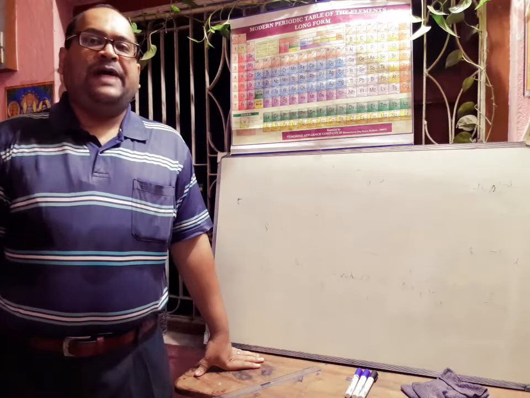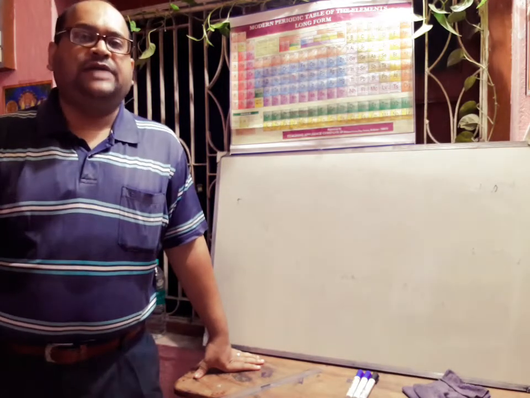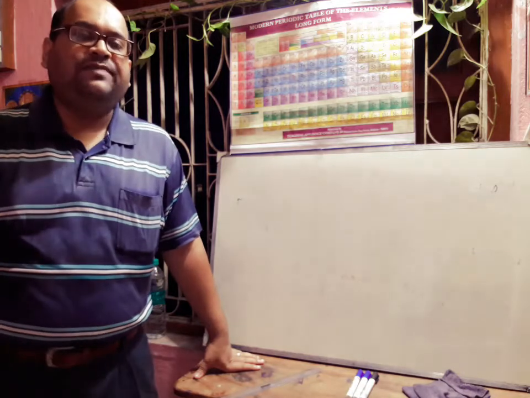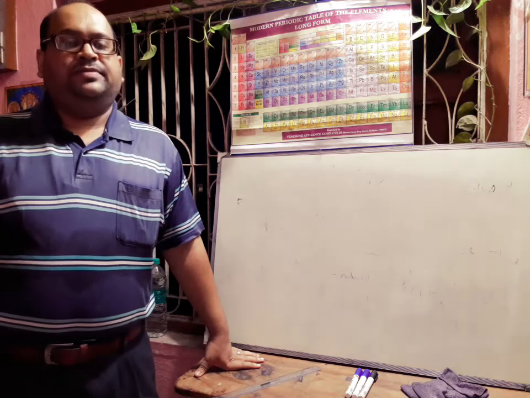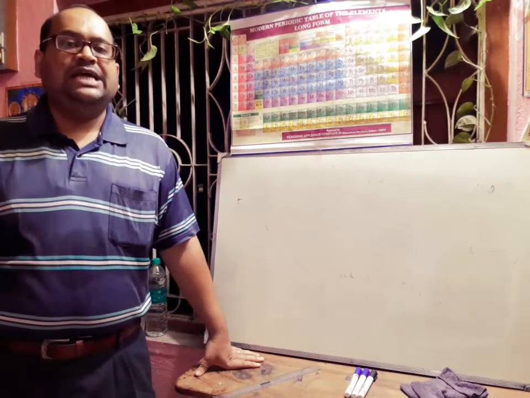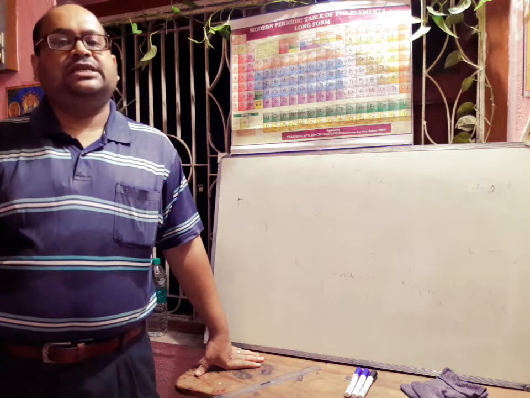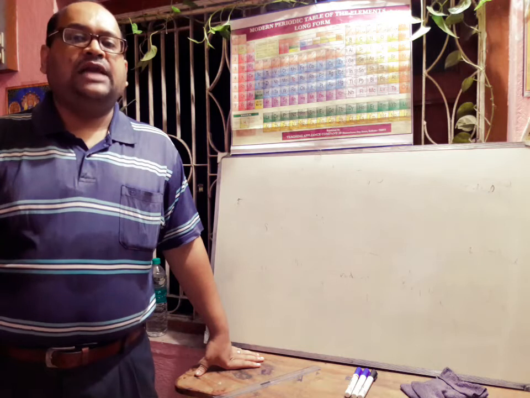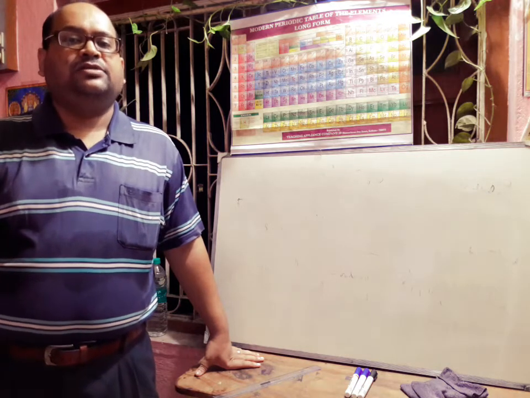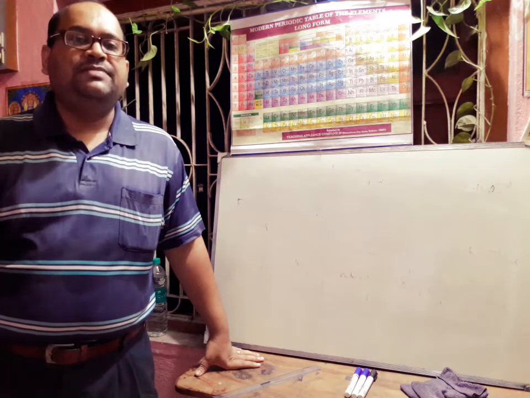Next we will discuss the factors affecting the magnitude of the electronegativity value. First one is the size of the atom. The smaller the size of an atom, the greater will be the electronegativity. And if we consider the nuclear charge, electronegativity values increase with increase in the nuclear charge. If we think about the ionization energy, elements having higher values of ionization energy have higher electronegativity.